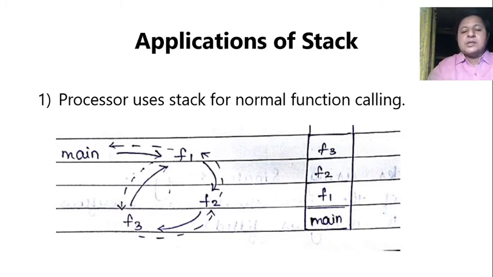When f1 in turn calls, let's say f2, then f1 goes on stack. f2 calls f3, so f2 goes on stack. Let us make it even worse. Let's say f3 calls f1 again, so f3 goes on stack. Now we are in f1, but it was not called by main, it was called by f3. Now we will not have any problem, because when f1 gets over, it will pop from the stack. Now what it gets is f3, so f1 goes back to f3. When f3 finishes and pops, it gets f2. f2 finishes and pops, it gets f1, and when f1 finishes and pops, it gets main. So to keep track of all this function calling, your processor uses stack.